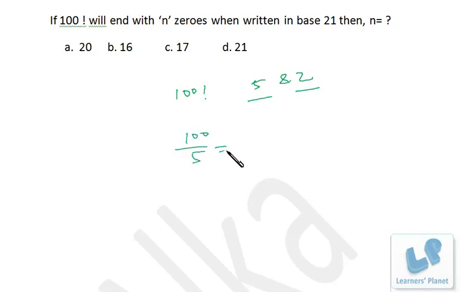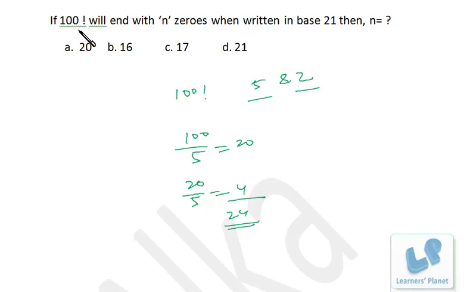For that, what we do is 100 by 5, because there will obviously be more 2's than 5's, but we are interested in combinations only, so extra 2's are not required. So I just find out the number of 5's. There are 20, then 20 divided by 5, 4. So in all there are 24 5's in 100 factorial if it is written in the decimal number system. Just listen to me carefully. I have already discussed this sort of question in the basic number system sessions, so do attend that if you are not clear the first time.